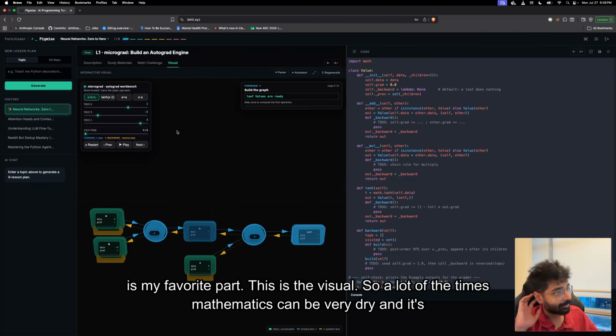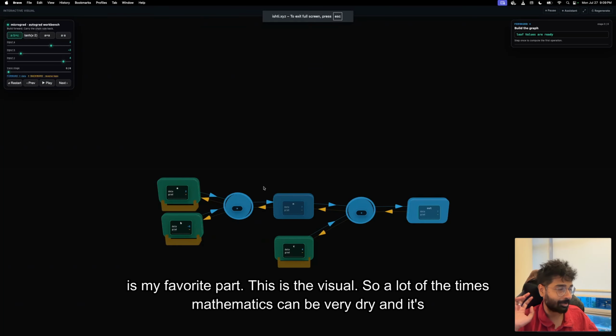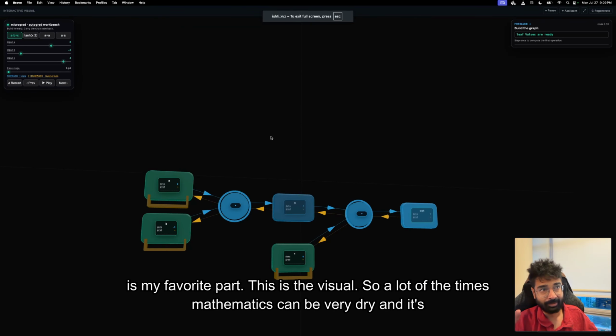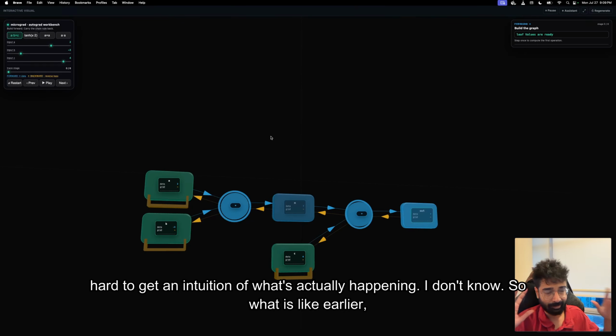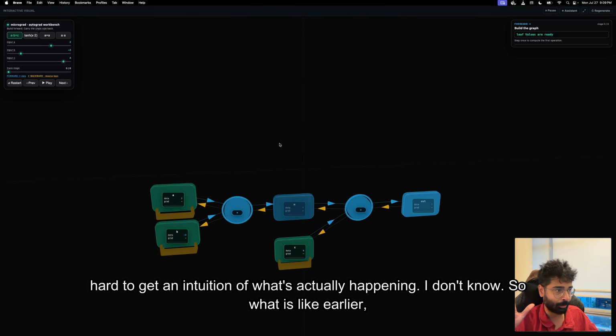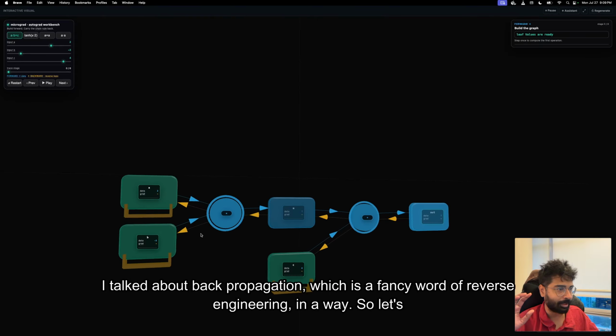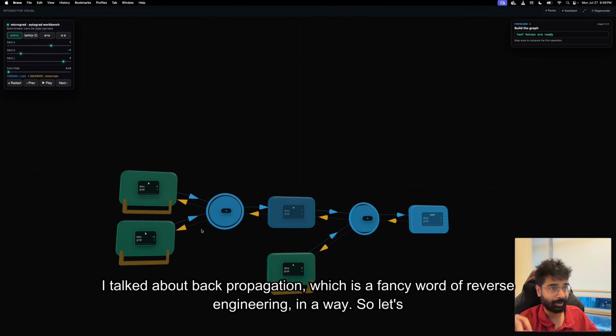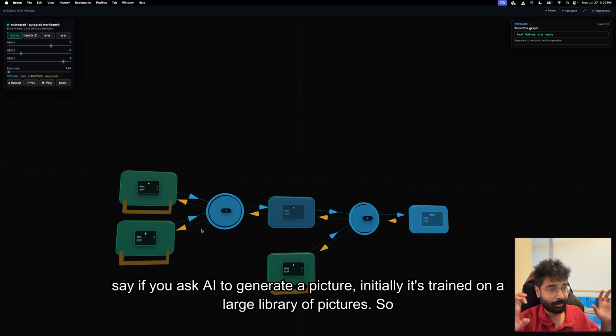And finally, this is my favorite part. This is the visual. A lot of the times mathematics can be very dry and it's hard to get an intuition of what's actually happening. So earlier I talked about backpropagation, which is a fancy word of reverse engineering in a way. So let's say if you ask AI to generate a picture,